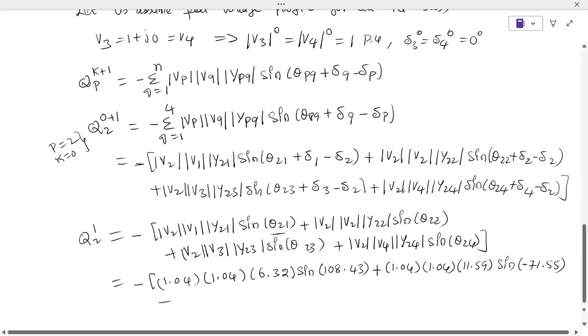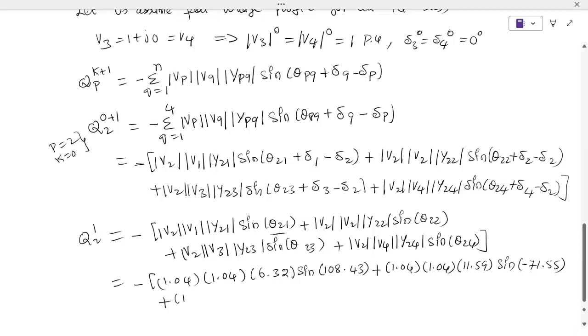Now plus this term. Now substitute the values for this term. We know that V2, that is the PV bus, is 1.04. V3 is the PQ bus, so as per the flat voltage profile the value is 1. Substitute 1. Y23, that is 2.1, sin theta 23, that is